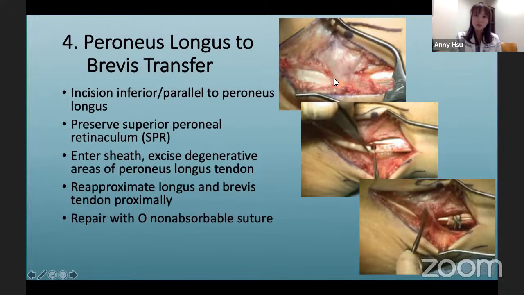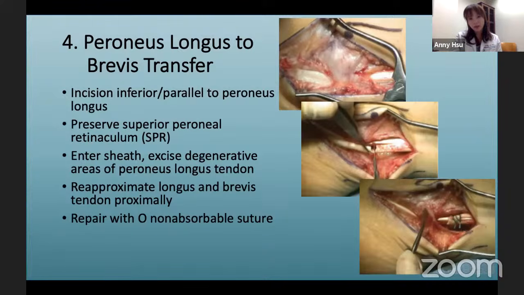You can see the superficial peroneal retinaculum that is intact. And this portion can be done by keeping the retinaculum intact, but sometimes you could see peroneal tendon pathology and need to really have a better sense of evaluating this. So at times I would peel off the superior peroneal retinaculum from the posterior part of the fibula, and do my tendinous work to really assess the peroneus longus, remove the degenerative portion and suture it back, reapproximating into the brevis with non-resorbable suture.